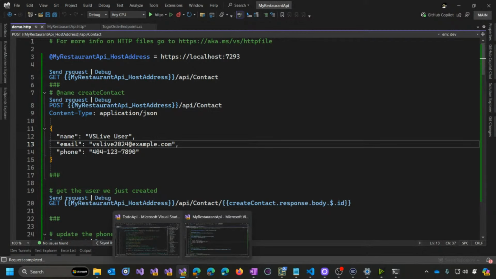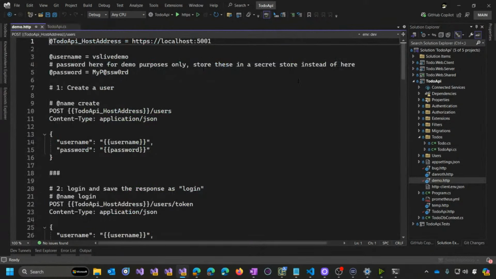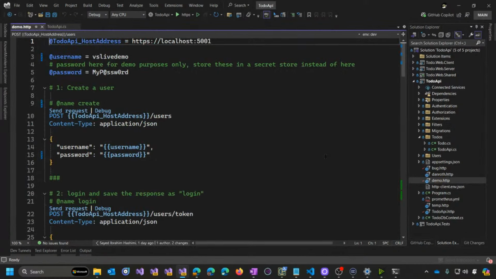I'm going to demo this in a To-Do API here. This is David Fowler's To-Do API, and I've got my credentials here just for demo purposes. But if you follow that link,